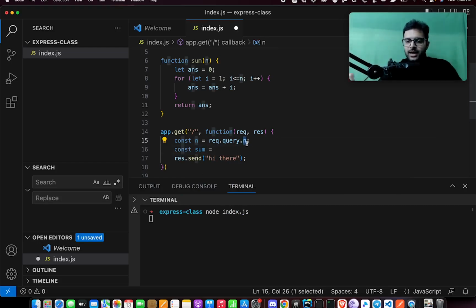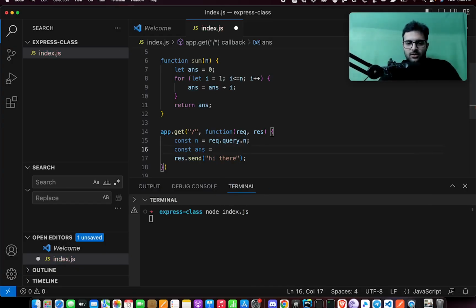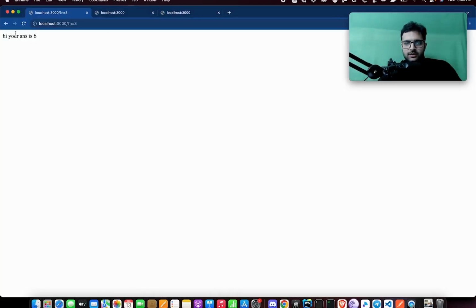I will now get as an input from the end user, just like they're giving you an X-ray, and you have to calculate something on that X-ray, which in my case is going to be, let's say, const answer equal to sum of the input that the user has sent. And then I can just send them, hi, your answer is ANS. If I rerun this, and if I go back to my browser, you will see it says, hi, your